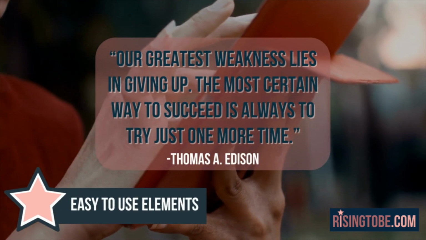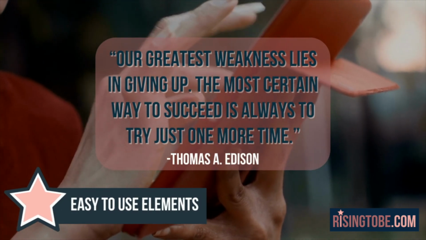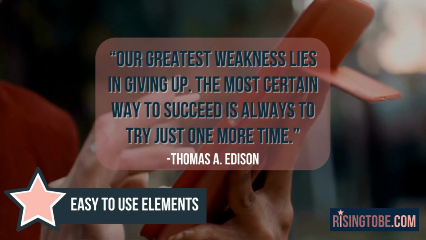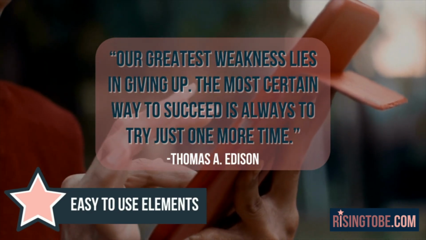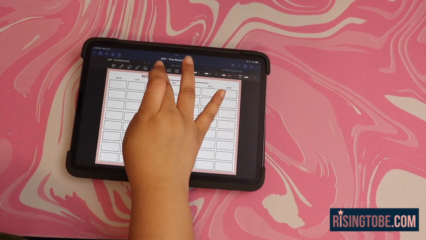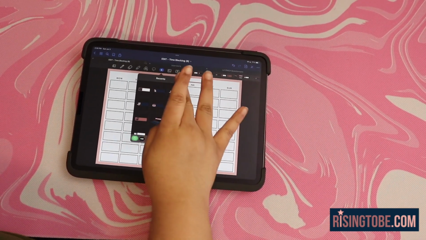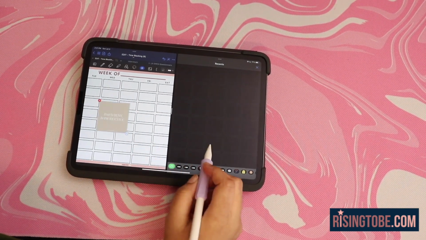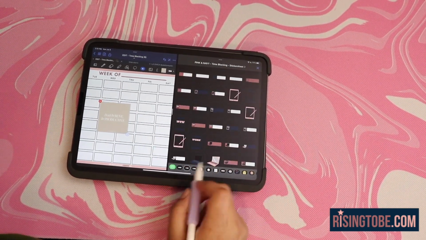Tip 6, easy to use elements. Our greatest weakness lies in giving up. The most certain way to succeed is always to try just one more time. Thomas A. Edison. Open your elements in split screen mode, tap the icon within your elements function that looks like a rectangle with a line going through the middle, and drag to your preferred side of the screen, allowing you to easily toggle through your elements